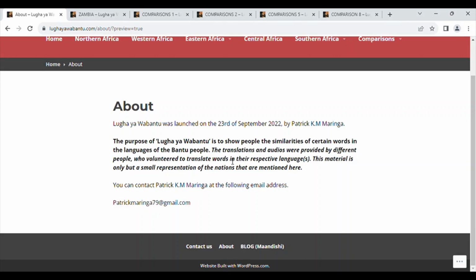For most of the translators, these translations have been done via WhatsApp. That's how we communicate. But then again, email is still a viable option. I also have a means of vetting the translator or translators to be sure that they are very fluent with the work that they're doing.